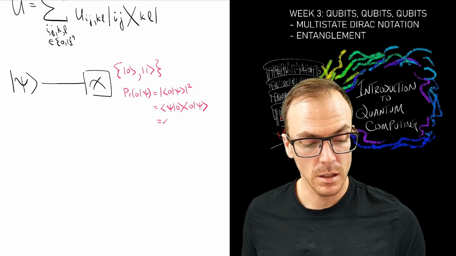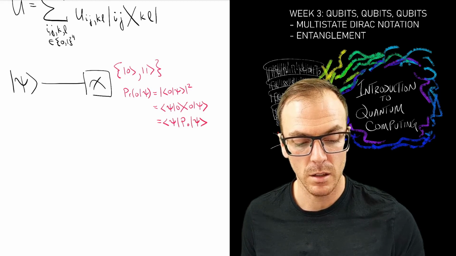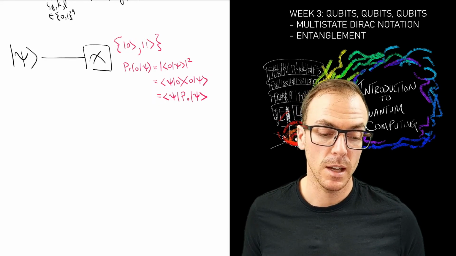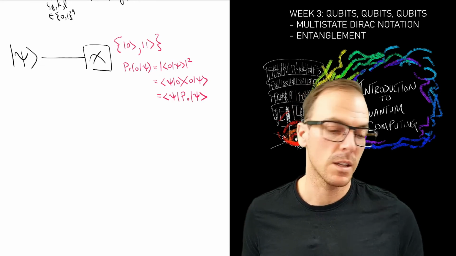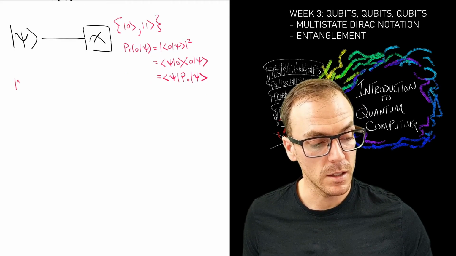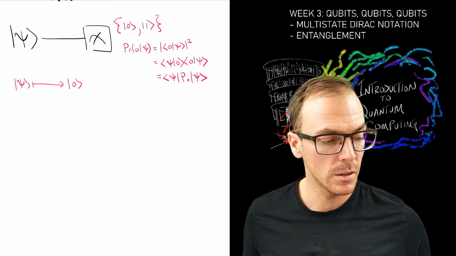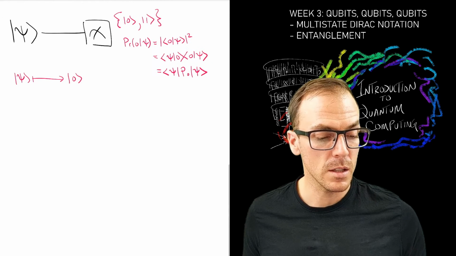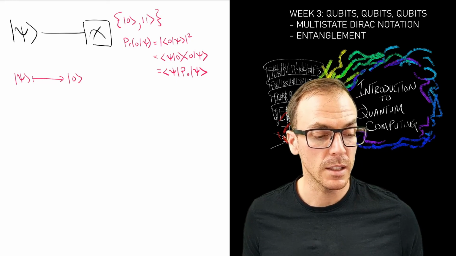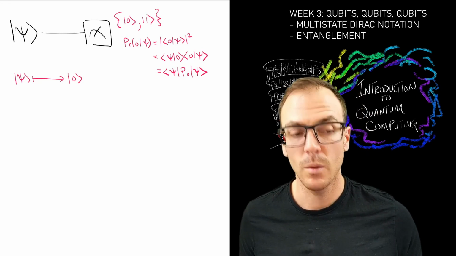And this thing is the inner product of psi with itself, but sandwiching this projector 0. So we can rewrite this probability rule as this inner product rather than this extra thing that comes along, this modulus squared. And recall, we also said that after the measurement, the state has collapsed into that state that we observed. Now, this can be written in terms of the basis vector as well. So instead of saying if 0 was observed, then the state collapsed to 0, or if 1 was observed, the state collapsed to 1,